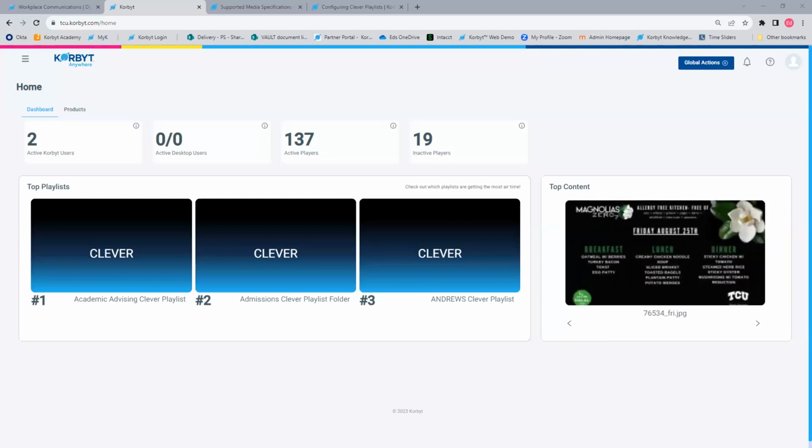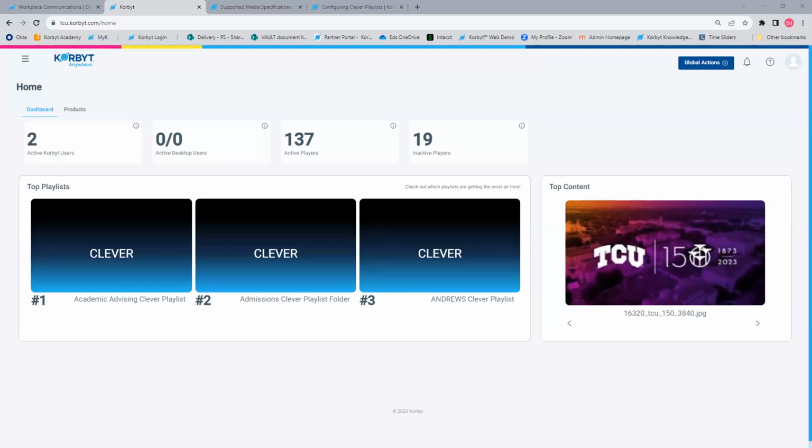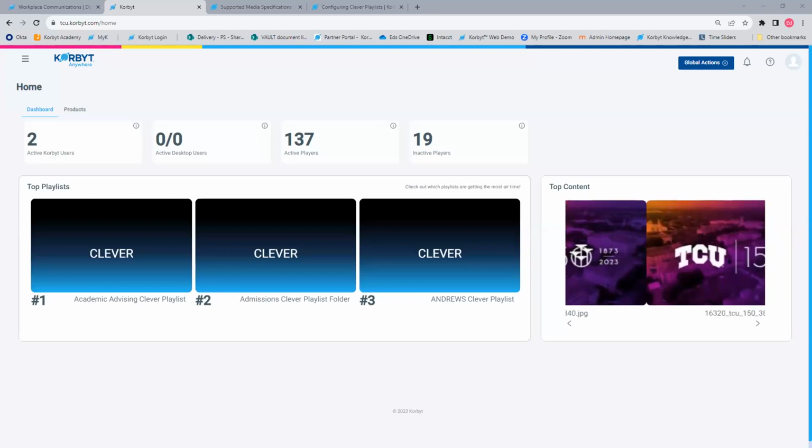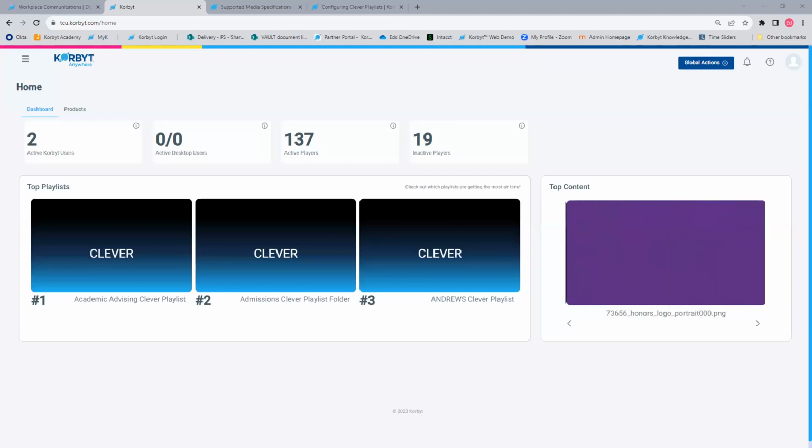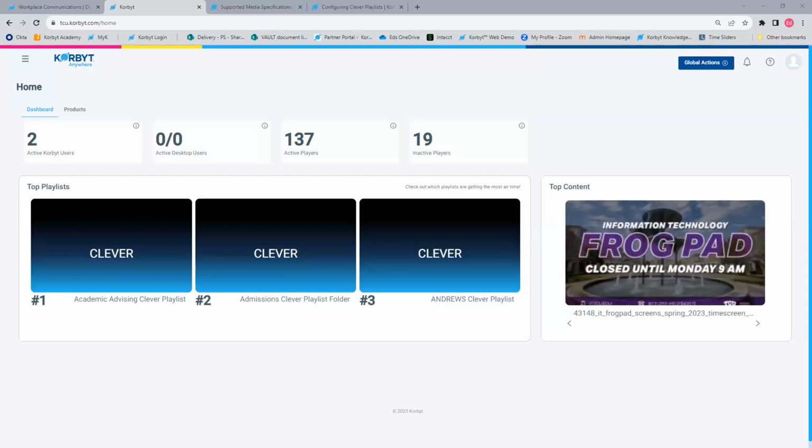You can just put in a self-service ticket. It's under video, signage, and surveillance, and there's an option for Korbyt. You can put in who you need to have access, and we can get them added to the signage distribution list, as well as access to your players. We'll just need to be able to tell us which players you need them to have access to. That will be the core item to plan on.